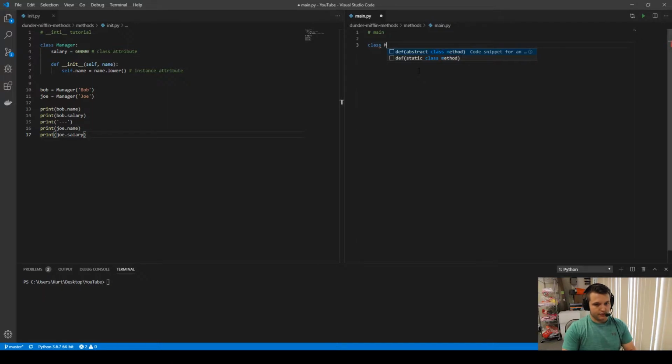For those of you not familiar with a class, this is a class. What a class is, though: a class is basically a blueprint that tells your code how to make an object. So a class itself is not yet an object, but it tells your code that will instantiate an object how to make it, what that object can do, and what attributes to give it. So in our example here with a manager,